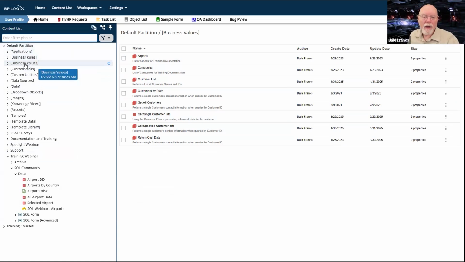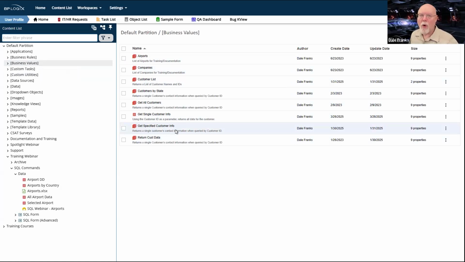And so the best practice is to have a business values folder at the root level of your partition on both your dev and staging and production machines. And that way, whenever I import an application, if all of my business values are in a business values folder on my dev and production machine, then my application can reference these business values.